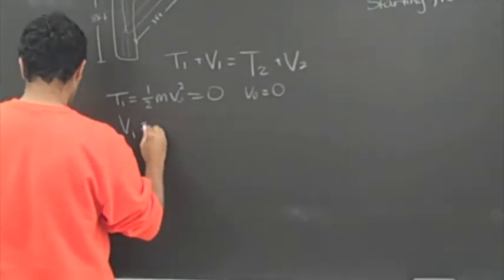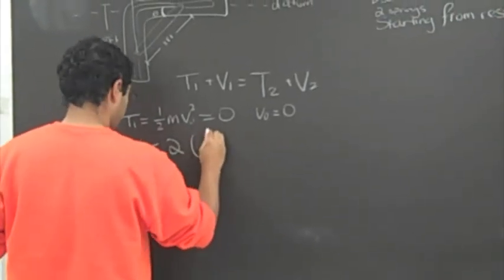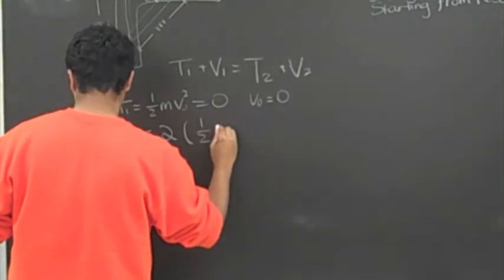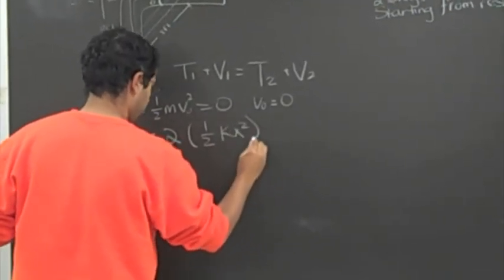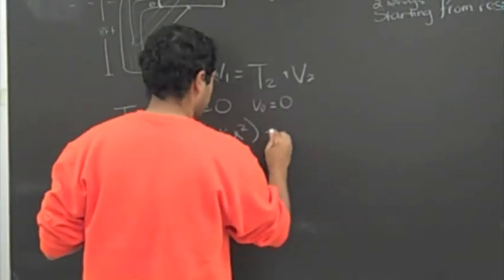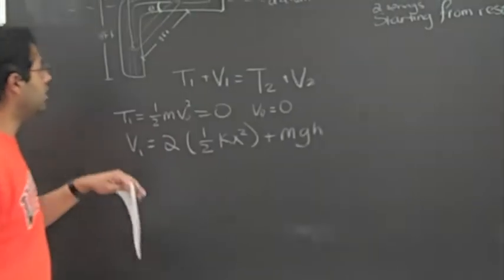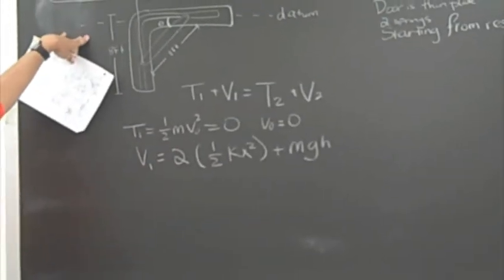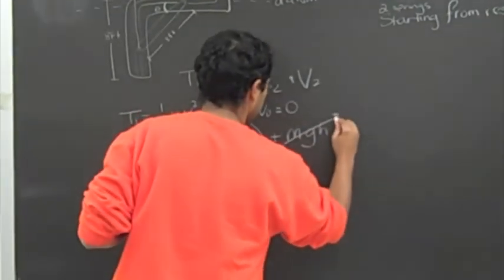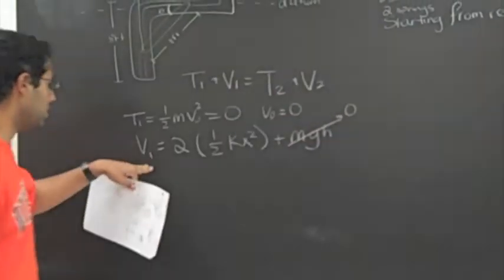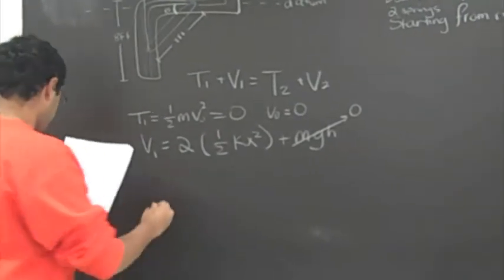V1 is equal to 2, because there are two springs, times 1/2 kx squared, plus mgh. Given where we put our datum, which is at the very top, the h for mgh is going to be 0, which brings this out to 0. And so we have V1 is equal to 2 times 1/2 kx squared. And then T2